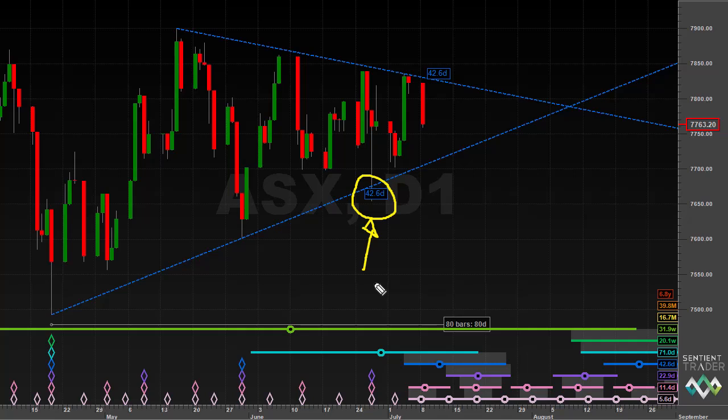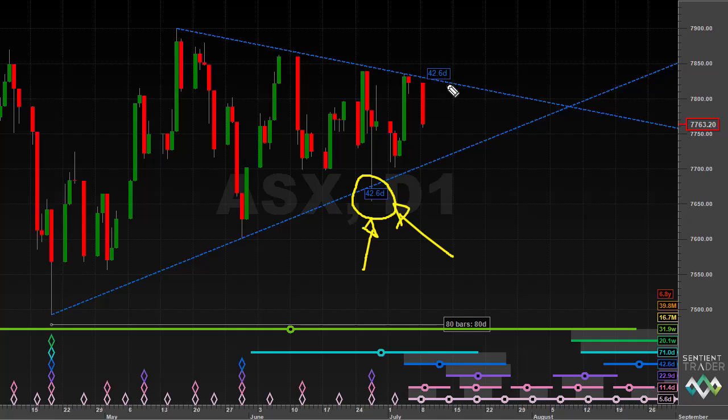That is something that you will often see happening as an important trough forms. Because of the nature of the market, price will often tap a VTL, maybe break through it because potentially there are stop orders that have been placed in the market. And therefore it is also possible that the 80-day cycle trough has formed in the Australian market.